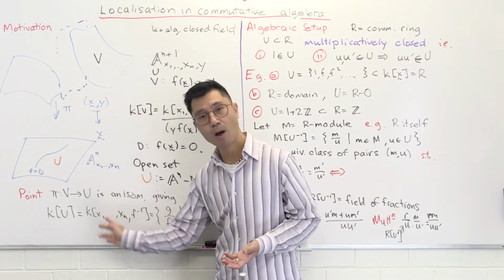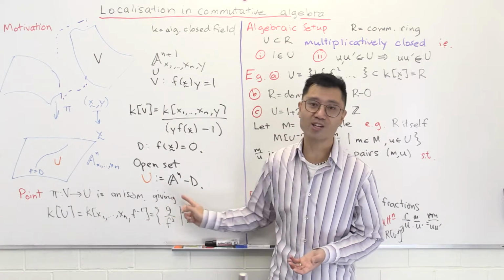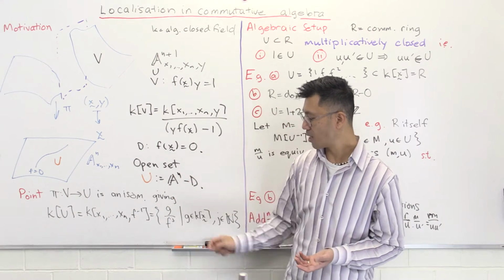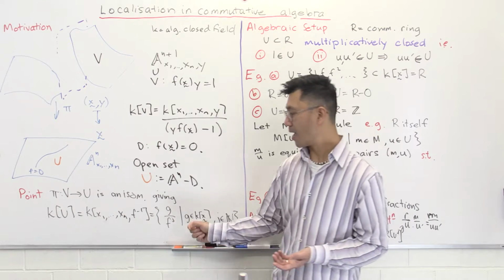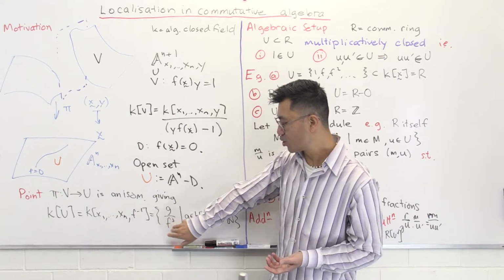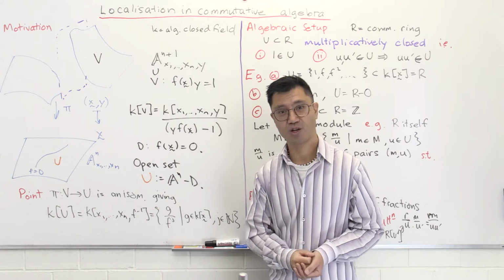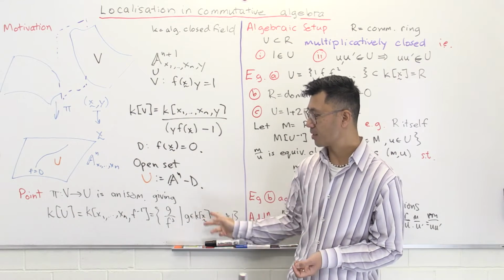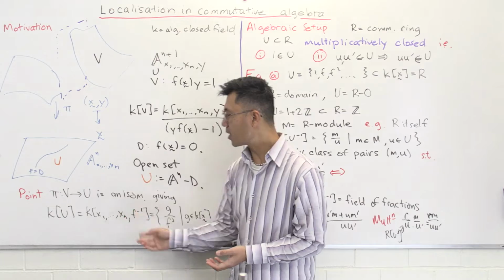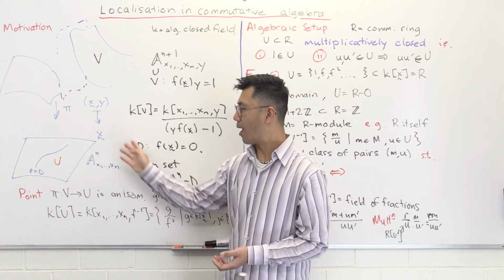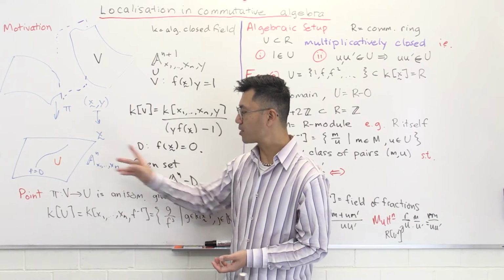So just to be precise about what that means, you're looking at all these rational functions here, where g is any polynomial in x's, and in the denominator you can have any power of f that you like. Okay, so that's rather nice. So the point of all this is, here you have some affine algebraic variety, a very simple one, whose